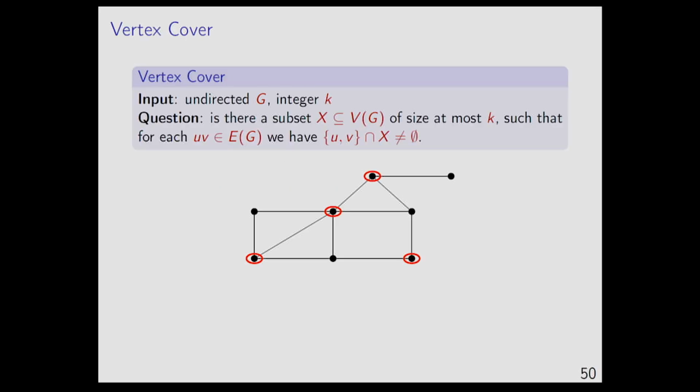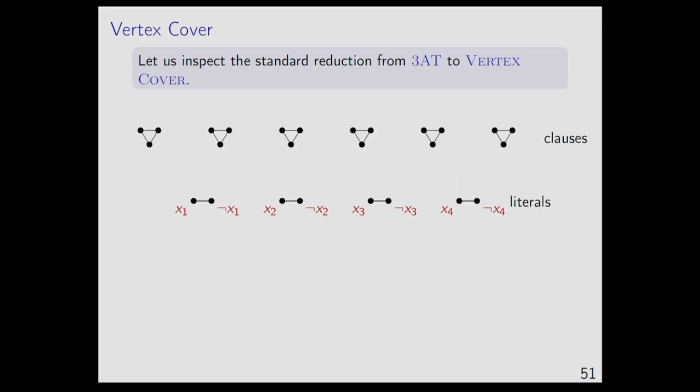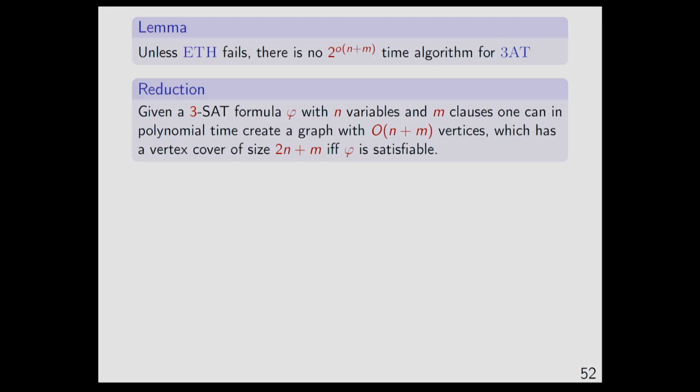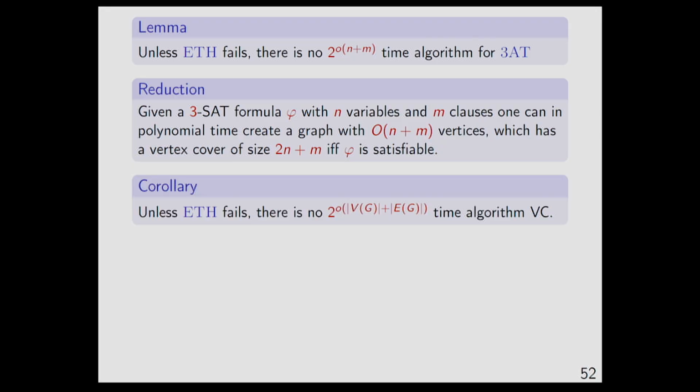So if you have seen how people show reduction, if you have seen a classical vertex cover reduction from 3-SAT, you make these triangles, and then you just add edges. This is basically an undergraduate reduction. It has a vertex cover size n plus 2m, right? So if you just pipeline from normal 3-SAT, the created instance has order n plus m vertices and edges. Now what will you imply? Immediately imply that no such algorithm for vertex cover.